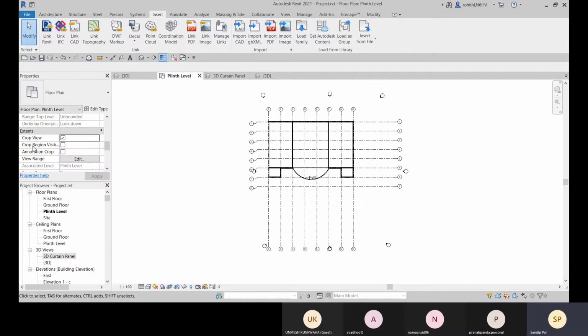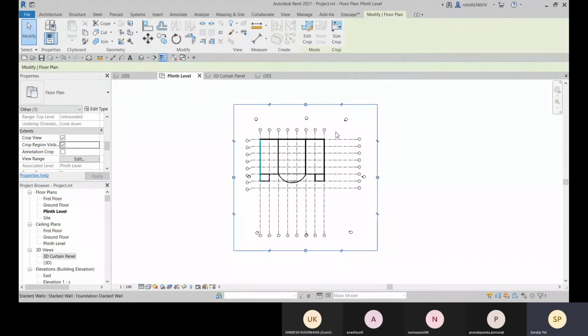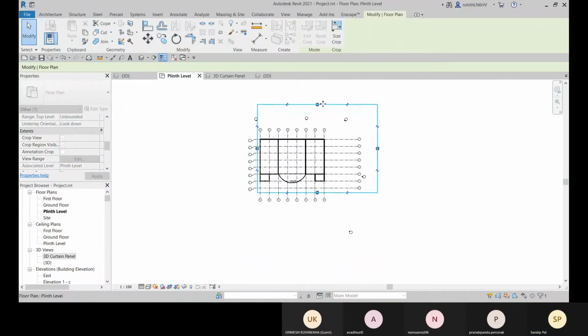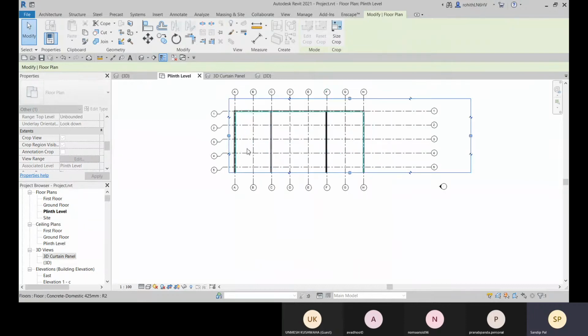After that, you need to make the crop region visible. Right now you have this crop region visible, and here you can apply these. Like that, those parts will not be visible.